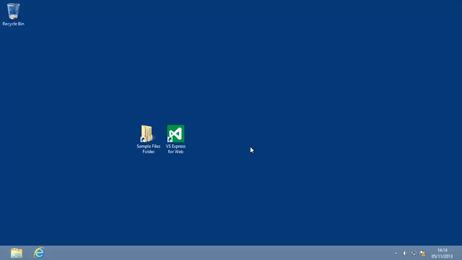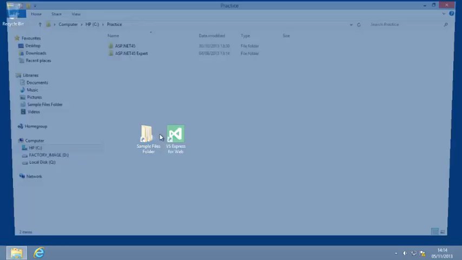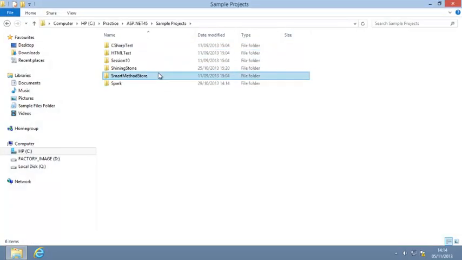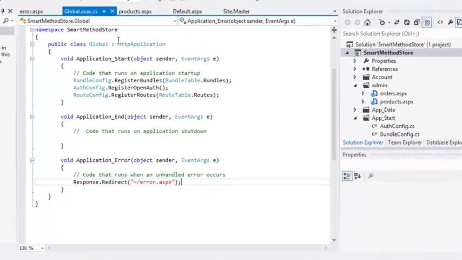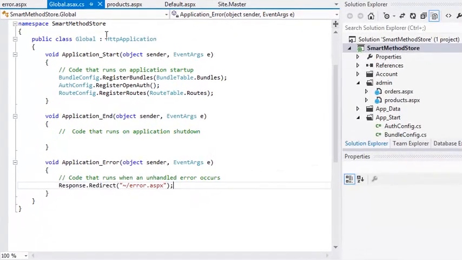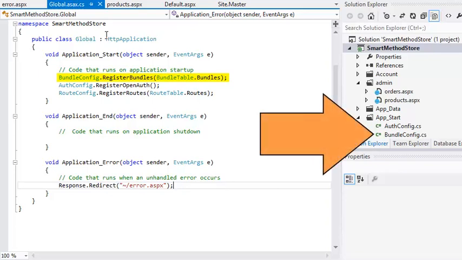To begin this lesson, open the Smart Method Store project from your sample files folder. And open global.asax if it isn't open already. Now look at the code in the application start event handler. bundleconfig.registerBundles refers to some code in a file called bundleconfig.cs that is in the